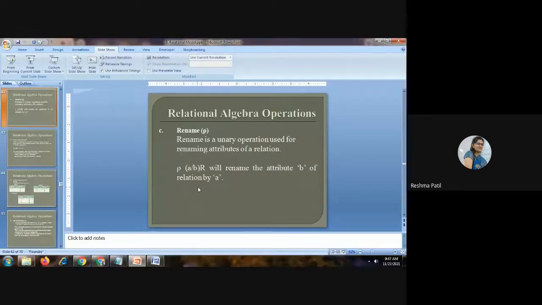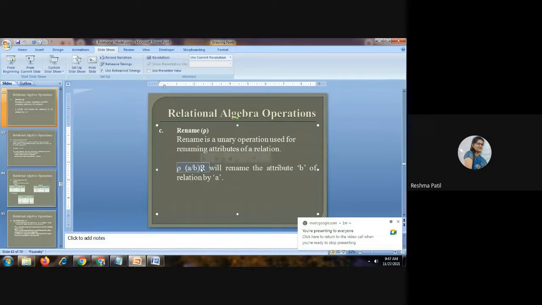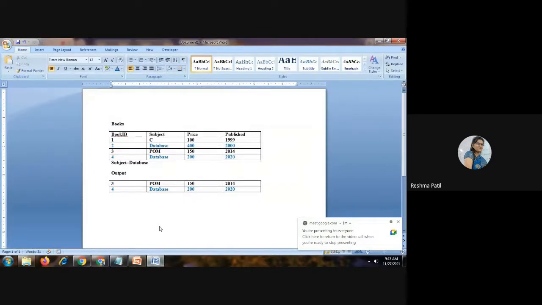So in the previous example, if you want to change this attribute name subject to book name, how will you write it? This is your old name, that is subject. Now I have to change this name to book name. So you can use this operator, rename.